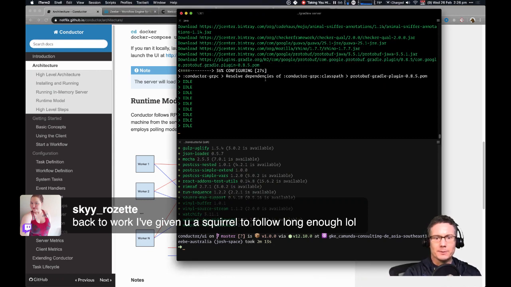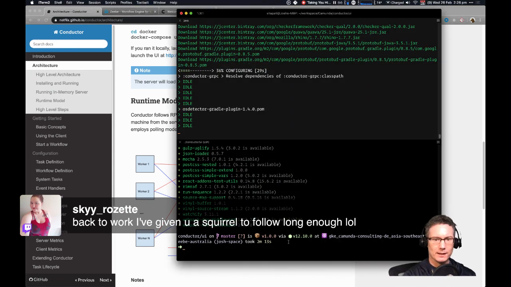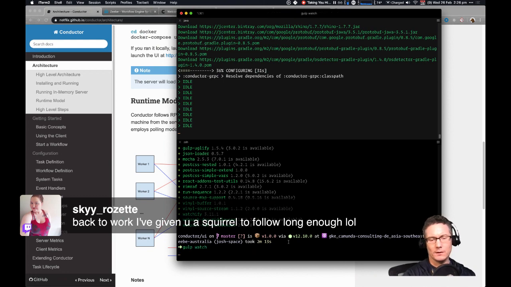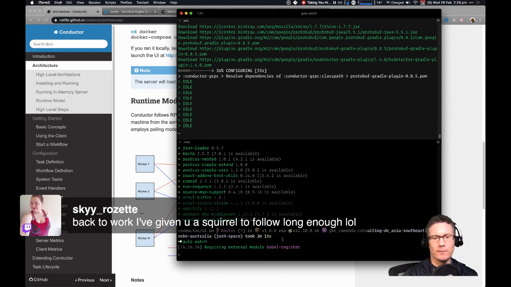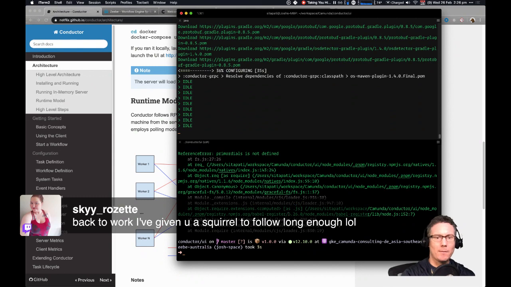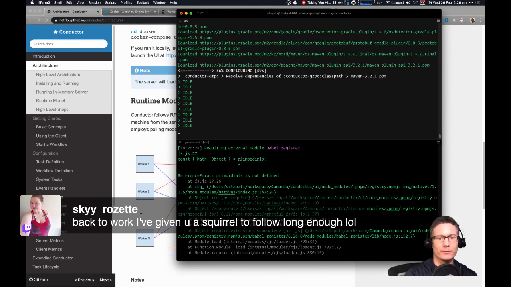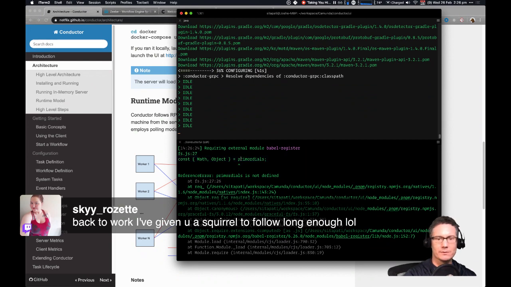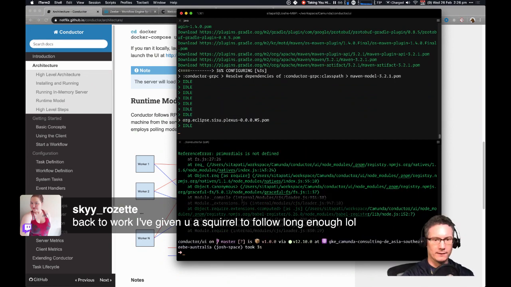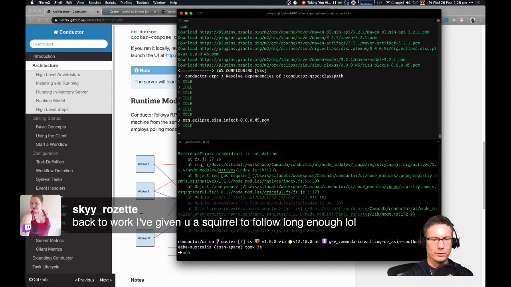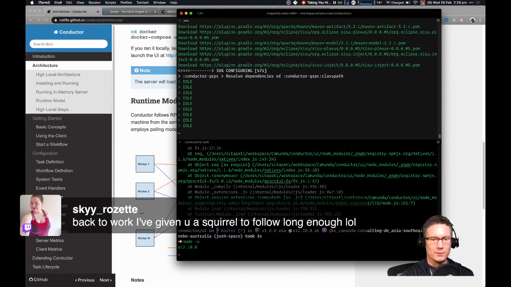Okay, configuring dependencies, etc. Now on this one here, we should be able to run gulp watch. Primordials is not defined. I have seen this error before and googled it several times. This is due to the node version again. So if I do node -v, I'm using node 12.